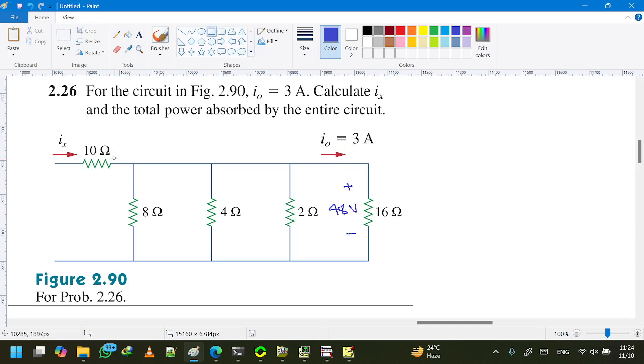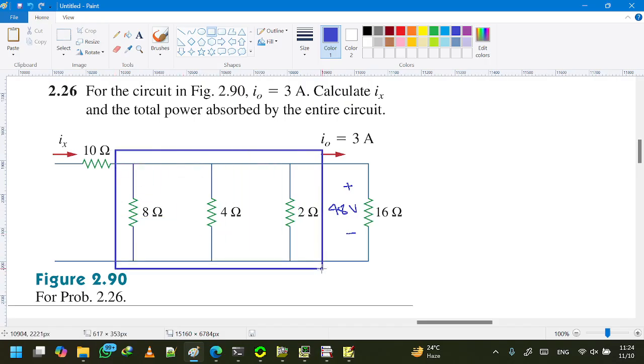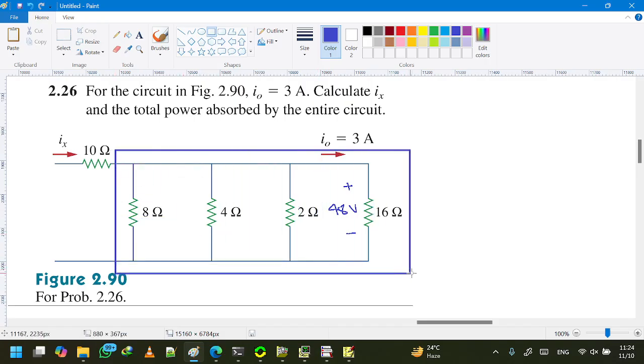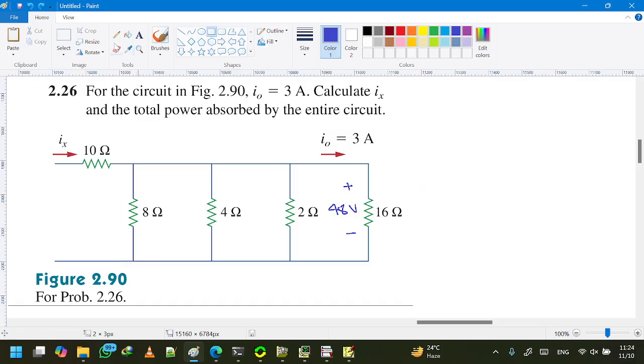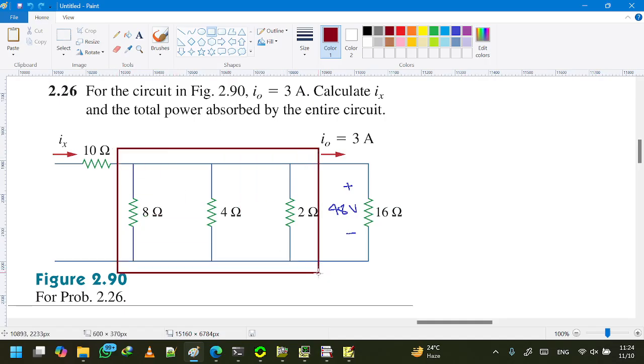Now we can see that these three resistors are in parallel, and also this one as well. So the overall equivalent resistance can be calculated from here. But we want to apply the current divider rule. That is why we need to have two parallel branches. So we will keep this 16 ohm resistor separate, and we will merge these three resistors all